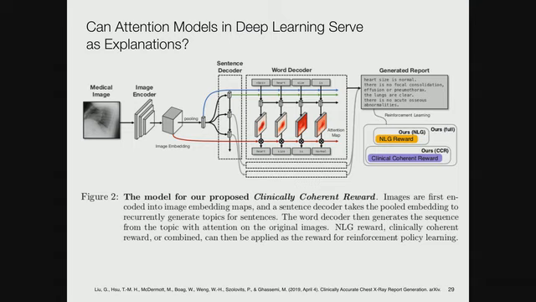And so again, there's a lot of hair. It's an LSTM-based encoder, and it's modeled as a sentence decoder. And within that, there's a word decoder, and then there's a generator that generates these reports. And it uses reinforcement learning, and, you know, tons of hair. But here's what I wanted to show you, which is interesting.